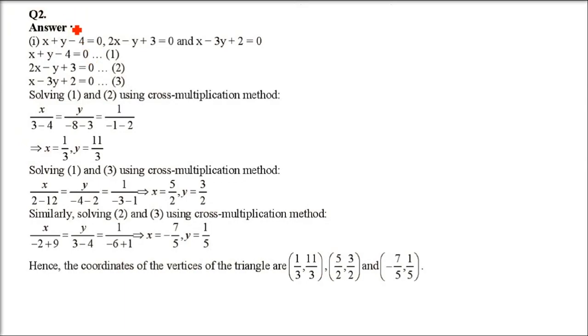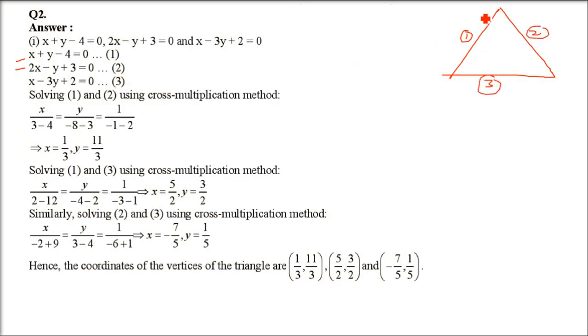This is question number 2 now, and there are two parts here. Find the coordinates of the vertices of a triangle, the equations of whose sides are given. So how are we going to do this? We have already seen two lines when they are intersecting. What is the point? What are the vertices? When we have three lines, we'll do it 3 times because we now have 3 possible intersections. So these are 3 lines. This is the first line. This is the second line.